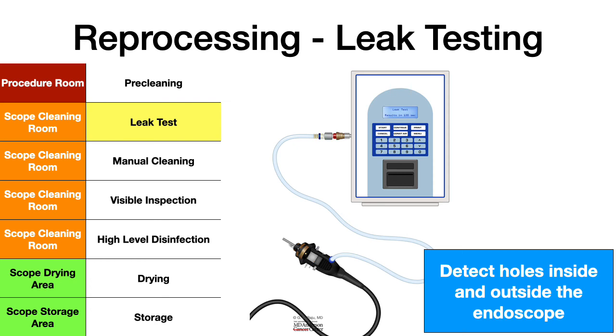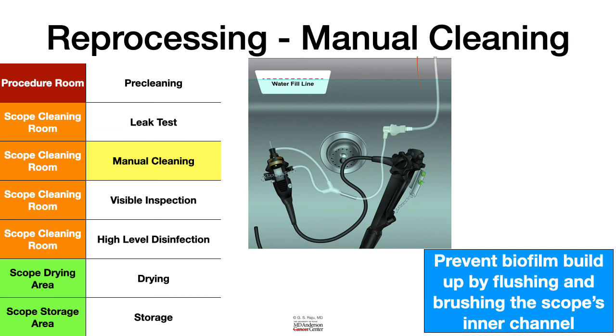If there are holes, you cannot take that scope for further processing. You need to just wipe it, and then depending upon the size and damage caused by the leak, you send it to the manufacturer for repair. If there are no leaks, you go to the manual cleaning, which prevents biofilm buildup by flushing and brushing the scope's inner channels. So manual cleaning is an art, and if you do it right, you save a lot of